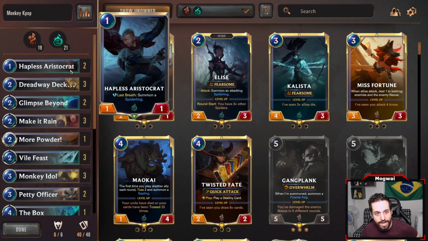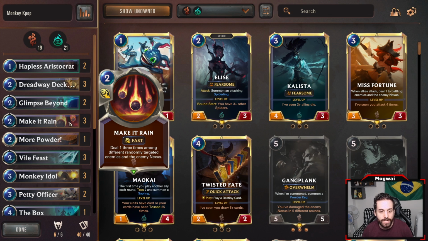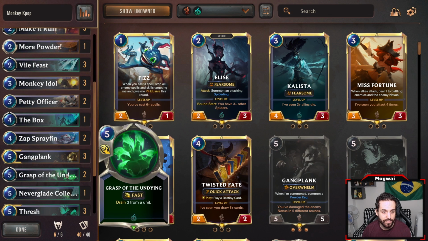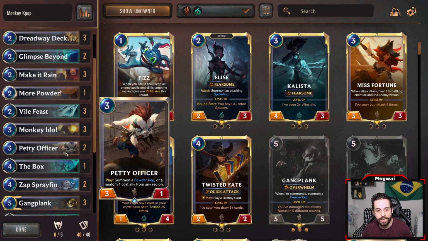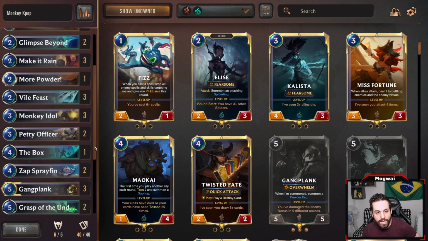We have an early game comprised of a couple of Hapless Aristocrats to help us chump block into early aggression, Dreadway Deckhand to start getting the Powder Keg going, as we have a full set of Make It Rain, a full set of Vile Feast, alongside the Box and the aforementioned Grasp of the Undying and Withering Wail. We got some really neat sources of damage, but also powder kegs to power them up, with a one-off of More Powder and a couple of Petty Officers to help out the Deckhand setting up those barrels,